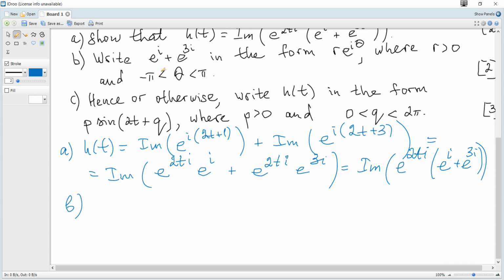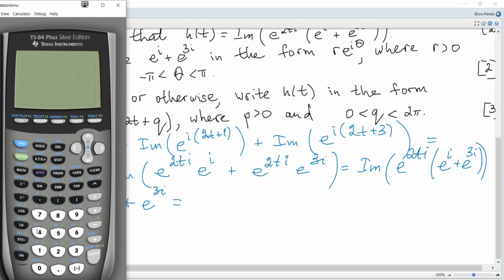Hence, e to the power of i plus e to the power of 3i can be calculated using a calculator, and since it is given that theta is from negative pi to pi, theta is in radians. So first of all we need radian mode, then we choose